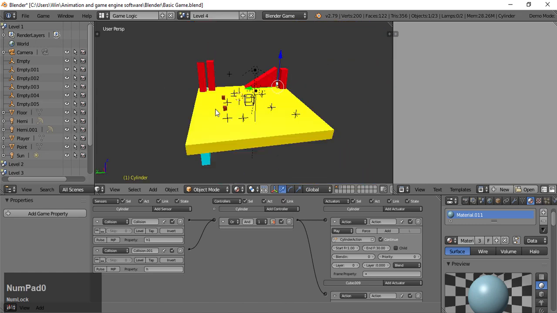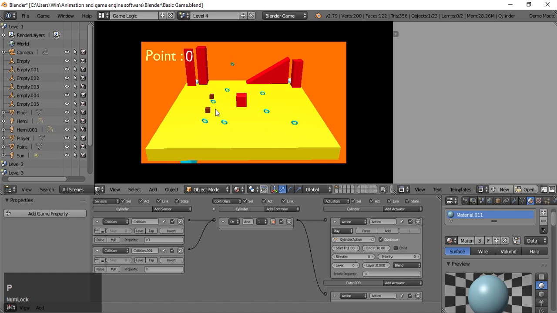Now press 0 and play the game. You can see a point over there, but the player can't get it, so we move the helper object, and again